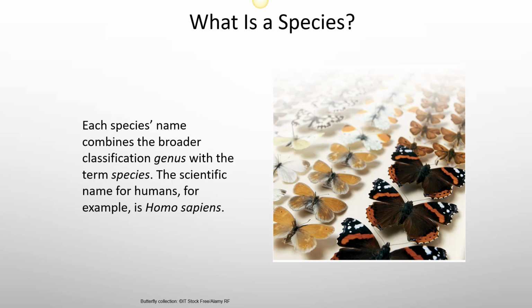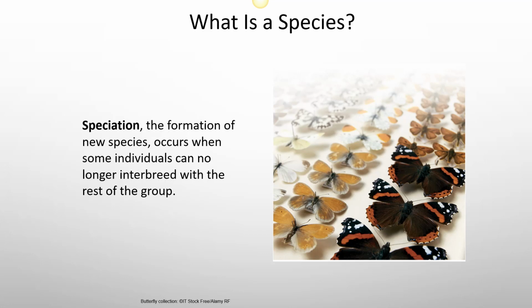Now when we talk about animals that look kind of similar and are able to interbreed, that doesn't necessarily mean that they are from the same species. Like a horse and a donkey are from different species. They have different numbers of chromosomes, so when they produce offspring, their offspring are sterile. The lion and the tiger. Again, with lions and tigers, they are different species because most of the time their offspring are infertile.